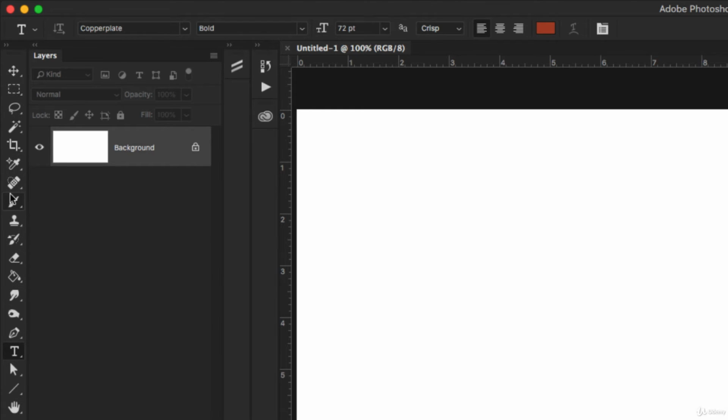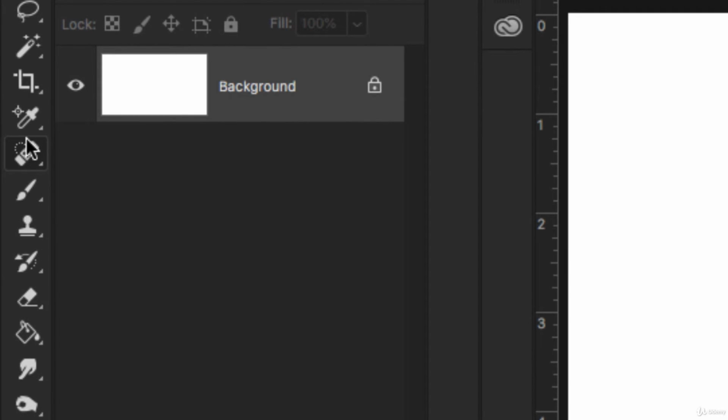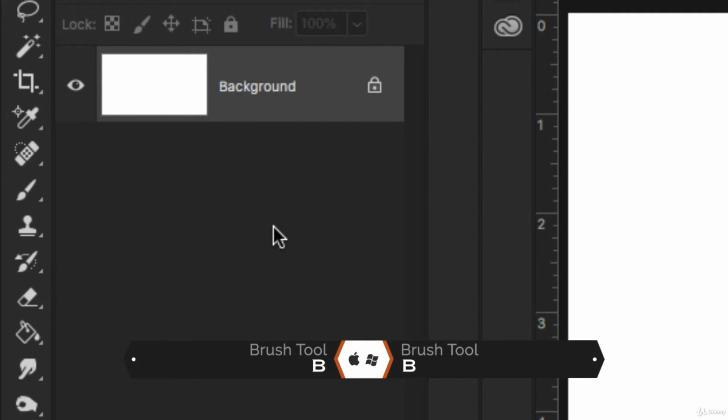Now the other thing I want to mention about our tools is there's additional tools within the tools. So what do I mean by that? Well, if we take a look at the tools here, we can see a little arrow in the bottom right of the icons. So this icon right here, this is our brush tool. And depending on your preference settings, you may have your tip tools activated. So as you can see right there, we have a little menu. It says brush tool and then a B by it. That's the keyboard shortcut. So if you want to grab your brushes, press the letter B, and that's the keyboard